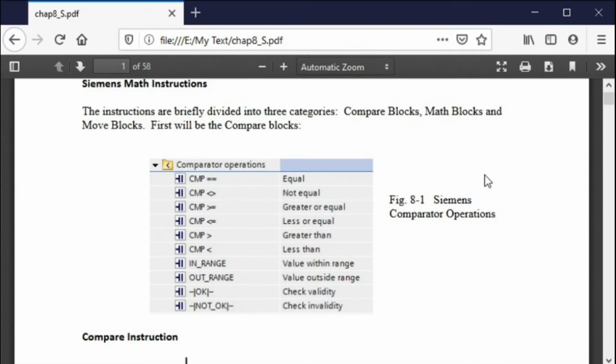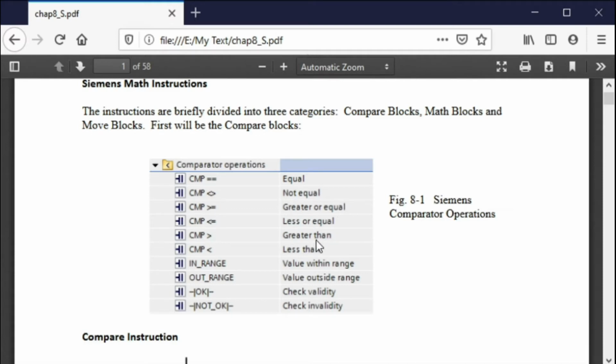So there's two types of math instructions. The first is the comparison instruction, and this is a view of the comparison instructions. Some of them are found inside the Siemens processor, and Allen Bradley has a similar group. You can equate them to contacts, normally open, normally closed contacts. They'll let power pass through them if a condition is met. In other words, if one number is equal to another number, if they're not equal, if one is greater than or equal, they'll let power pass